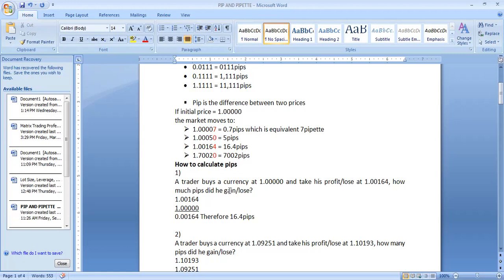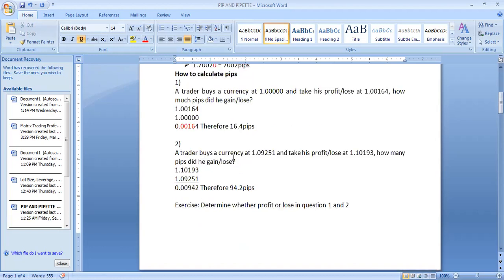And how many pips profit did he make? You do the subtraction. We have 4, we have 6, we have 1, 0, 0, 0. So move this decimal 4 places to the right. 1, 2, 3, 4. That is why we have it as 16.7. The next question. A trader buys a currency at